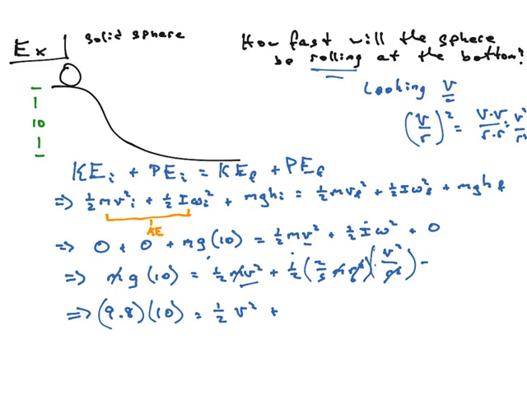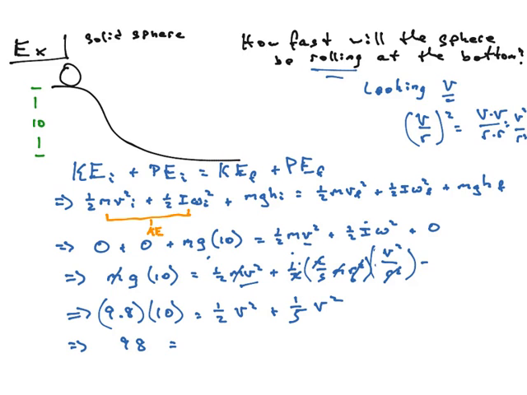All right, let's multiply this stuff out. I've got a 1/2 times a 2/5. So this 2 cancels this 2, and I'm left with 1 over 5. This m had canceled, this r had canceled, so I just have a V squared. Well, that's a lot prettier. So 9.8 times 10, that's 98, equals, here's a little